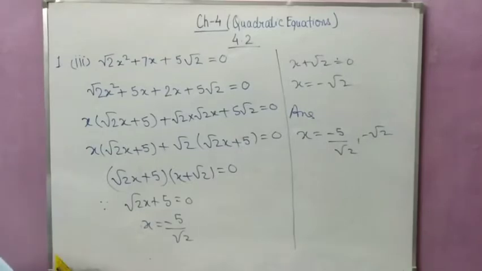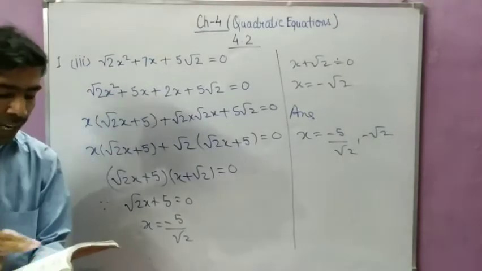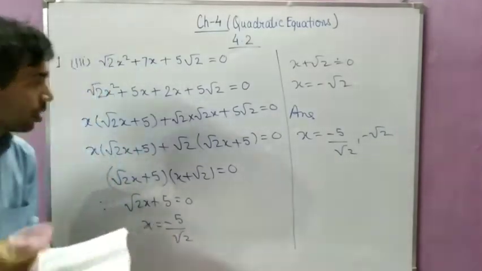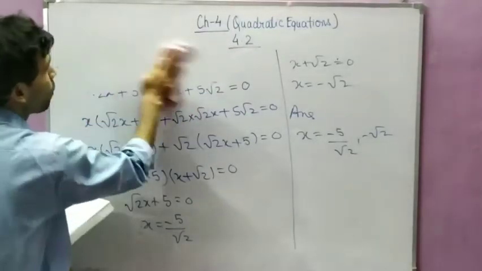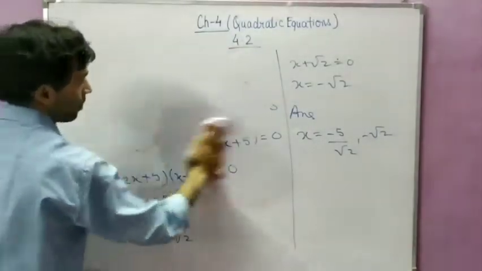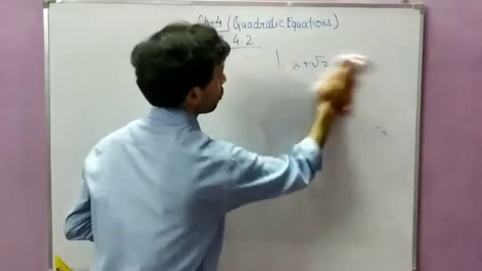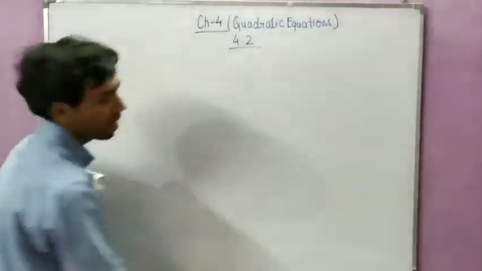Now the remaining questions of question number 1 you can do by yourself. Out of 5 parts I have told 2. The remaining are very simple, you can do them by yourself. One more question I can solve from the example, because it is also a root type question, which is given in the example. You can see